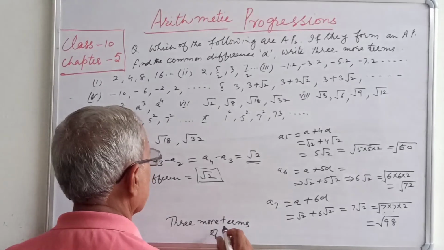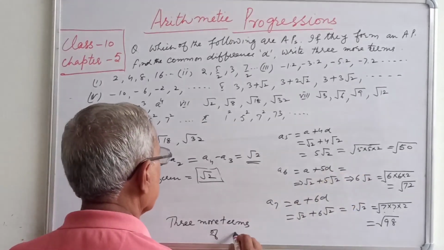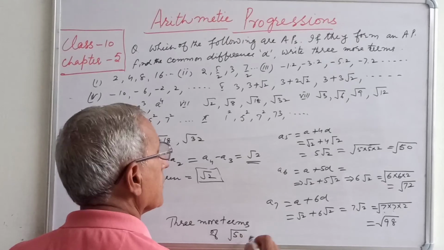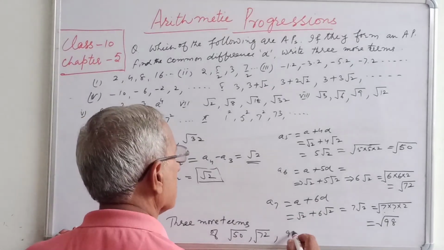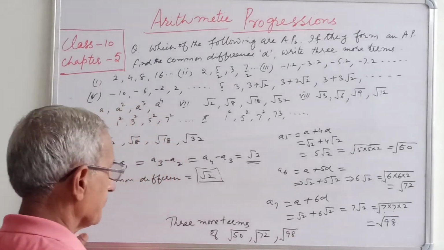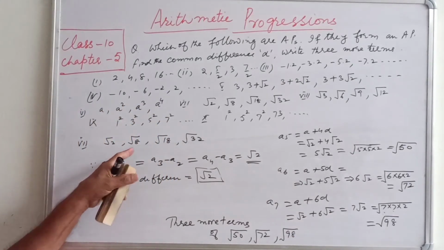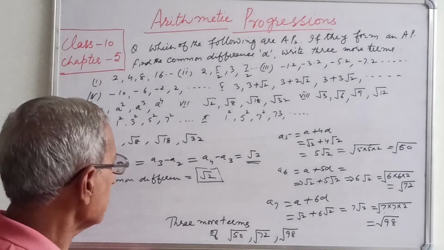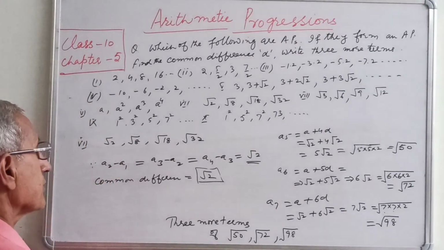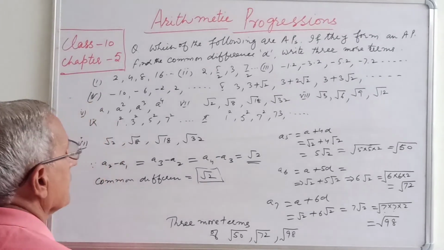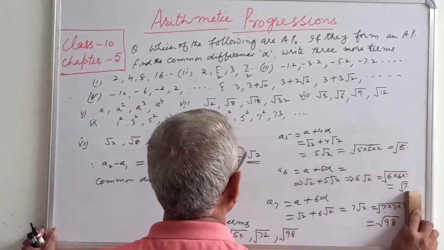A5 is under root 50, A6 is under root 72, and the next is under root 98. हमें दे रखी थी अंडर रूट 2, अंडर रूट 8, अंडर रूट 18, अंडर रूट 32, उससे नेक्स्ट अंडर रूट 50, अंडर रूट 72 और अंडर रूट 98।